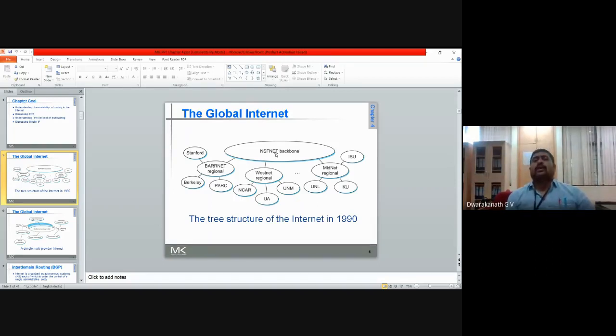Now assume that entire South India, whatever is there. The government goes with a bidding of spectrum. So here, they will purchase the entire South India region, and that entire region will be purchased by one particular company, which will fall in a class A of the IP addresses. So he will purchase that.